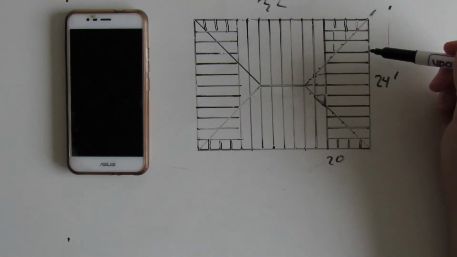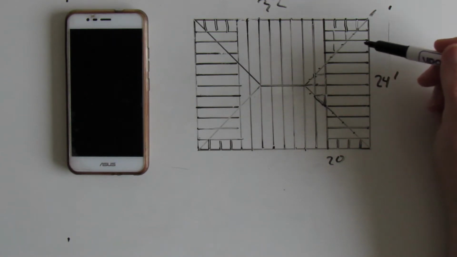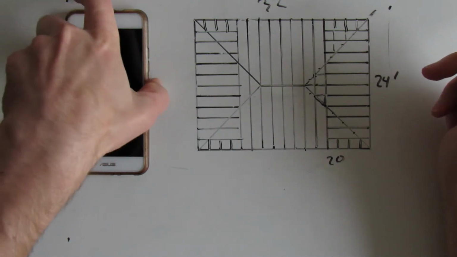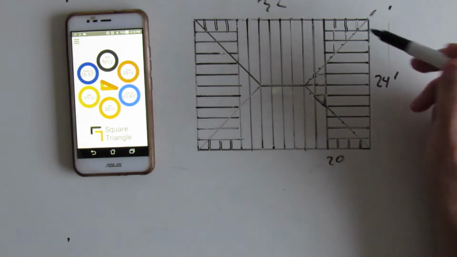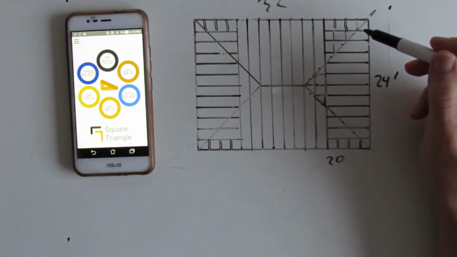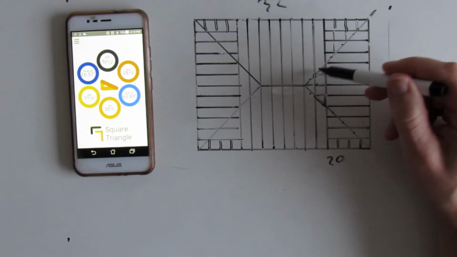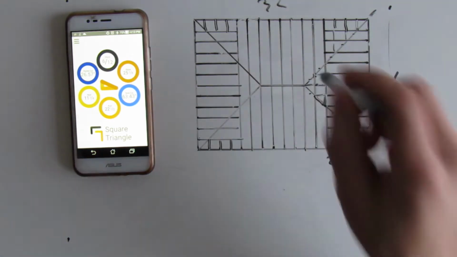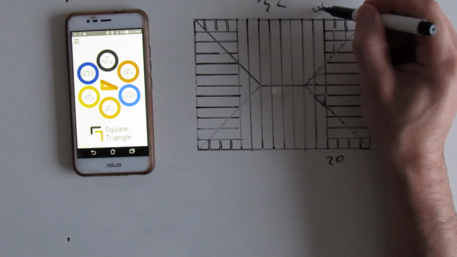So a lot of people have difficulty with this calculation. For whatever reason, it doesn't seem to click with people, but this is why I made this tool, to aid with this type of thing. So the first step that we need to do when we're calculating this is understand what's the length of the hip on the flat plane. Okay, so if you're looking at a top-down view, this is going to be 22.5 between trusses,